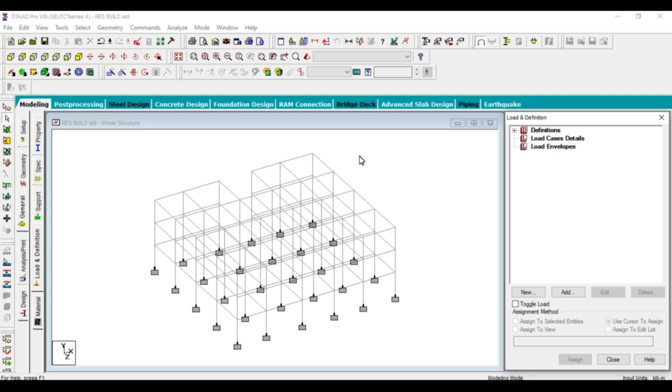Next, columns. Columns are also a dead load, since they cannot be moved or rotated. Next, plinth beams are also a dead load. Beams are also a dead load. A slab is also considered a dead load. These are the dead loads in the building. Now, live load. What is live load? Any material that moves from one place to another is taken as a live load.